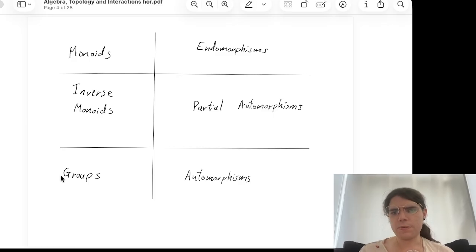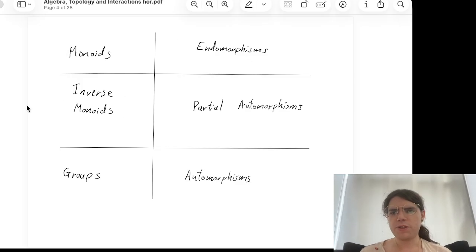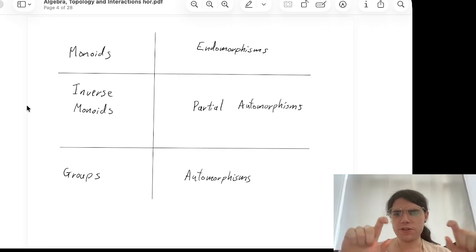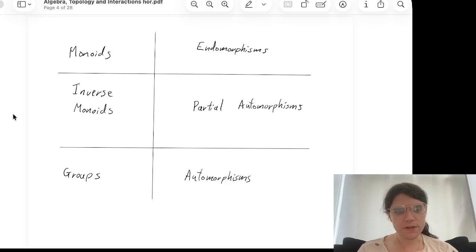All right, so the way that I'm going to think about this in practice is: for monoids, you want to think about endomorphism monoids, so structure preserving maps of things. Inverse monoids, you want to think of partial automorphisms of things, so isomorphisms between substructures of a thing. And groups, you think of automorphism groups of things. This is the way in practice I'll think about them. You can think about them in the abstract in the way I described before, but this is the way that I'm actually going to think about them in this talk. Particularly with inverse monoids, I think this is easier to understand than the abstract definition.